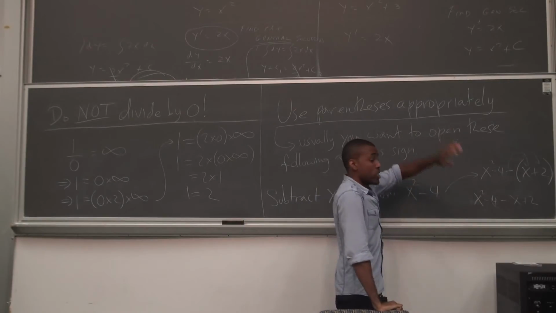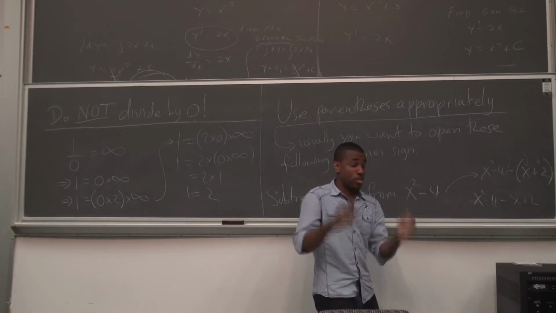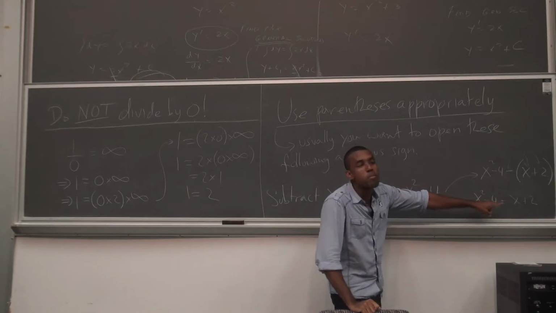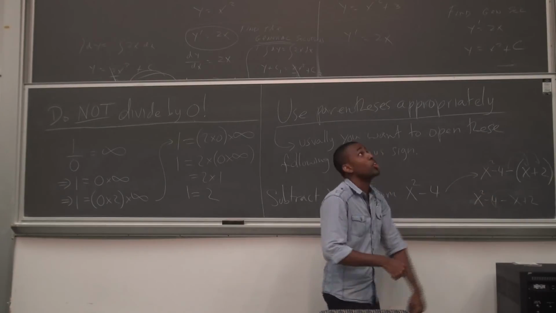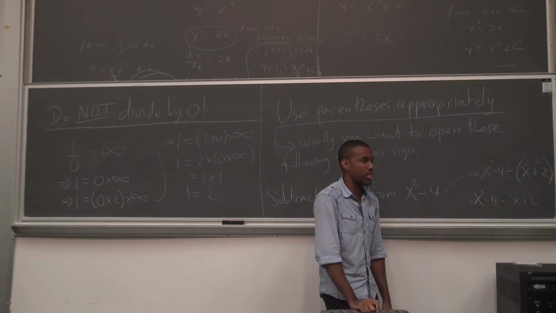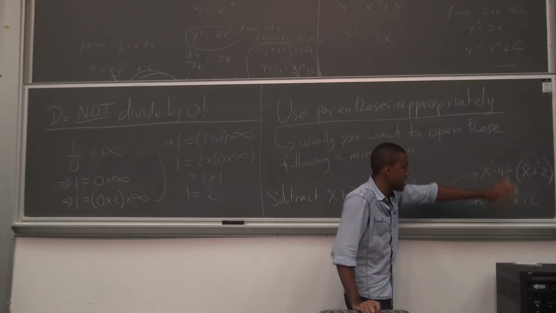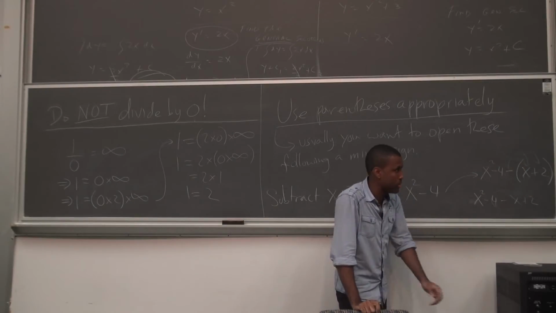The thing is, when you're on a test, you're freaking out, and I say there's 5 minutes left, and you're not going to remember that the parentheses were there. You're going to get 5 lines down, look up, and not see the parentheses, and you're going to forget that that 2 is actually being subtracted, not added, right? Do not make that mistake. Every time you open, put a negative sign, open parentheses, just to be safe.